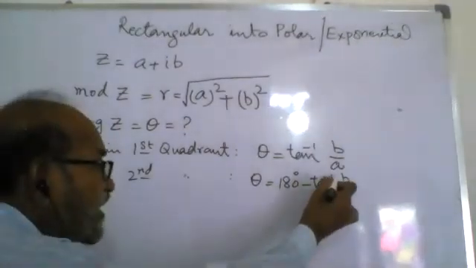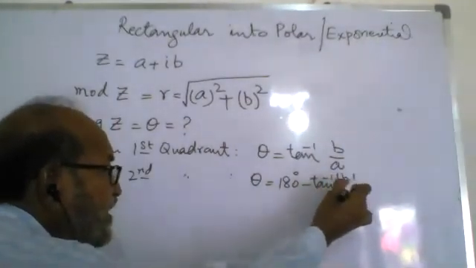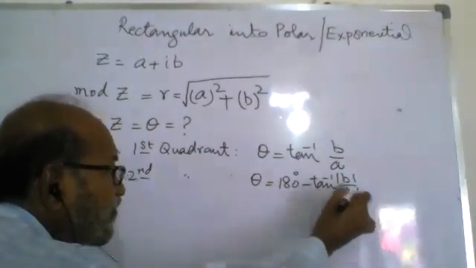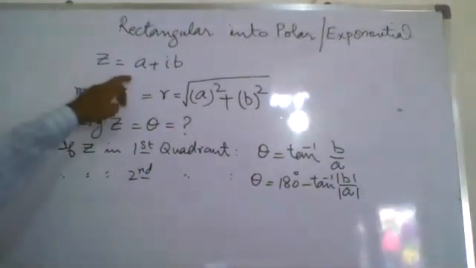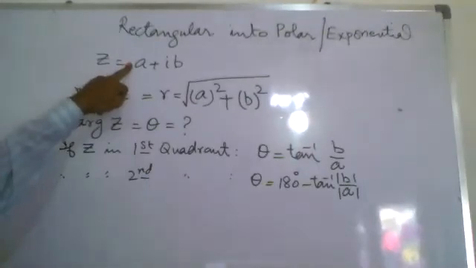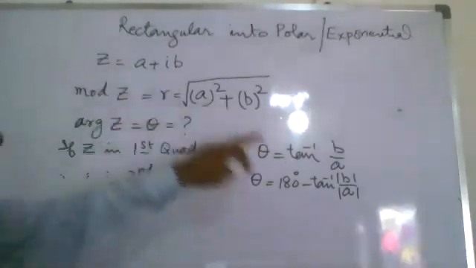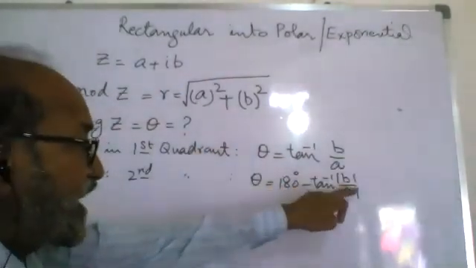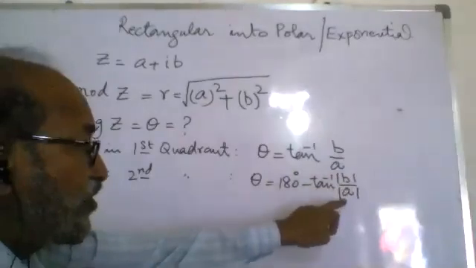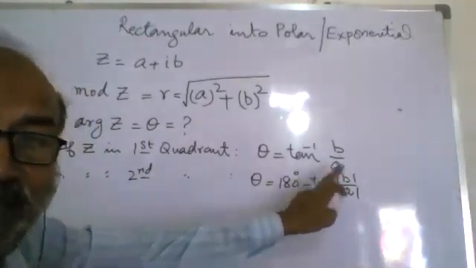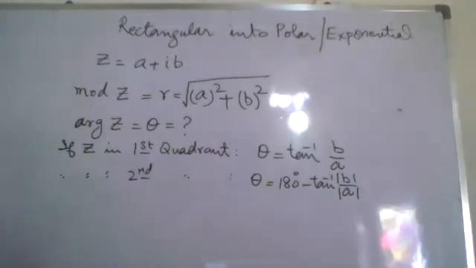Both b and a must be positive here. When it is in the second quadrant, a will be negative, but when we are taking tan inverse, you have to take b and a both positive numbers. Don't take the negative a. You will take positive b and positive a. 180 degree minus tan inverse b upon a. If your calculator is in degree mode; if it is in radian mode, so instead of